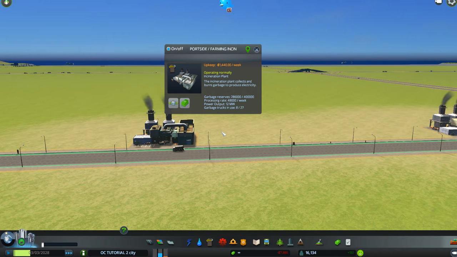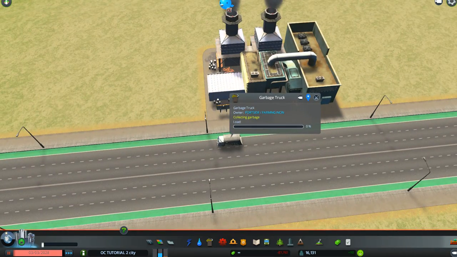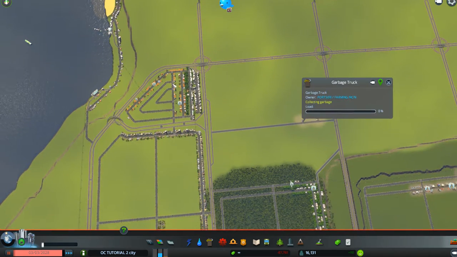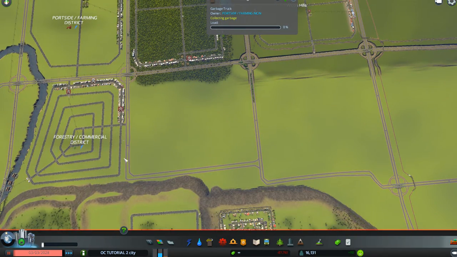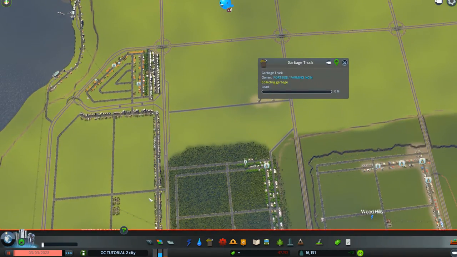Okay. Maybe we'll grab the next one that comes out here. There he goes. Okay, so let's get this guy. And we'll put a blue guy on him so that we can see where he's going. Now remember, he's supposed to cover just this area and this area. He's not supposed to go over here or over here or over here or up here. He's only supposed to go to this neighborhood,